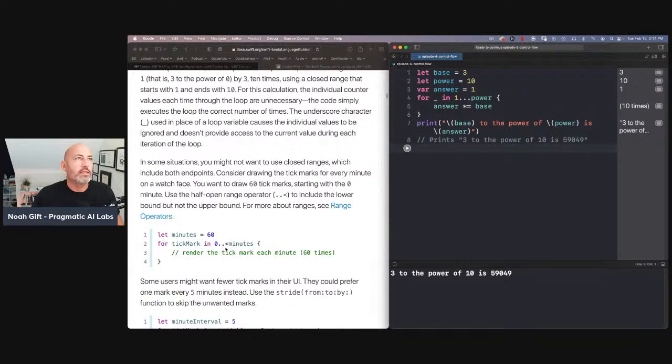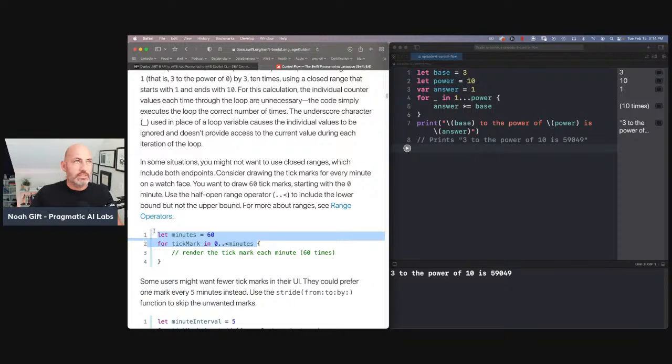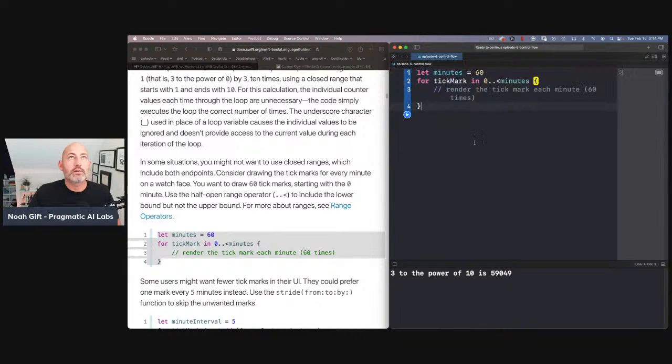And in this case, it says in some situations you may not want to use a closed range. And so maybe you want to draw 60 tick marks starting with 0. And so you can do this. You can say let minutes equal 60. And you say basically do it under. That's kind of an interesting little loop there. So this one will render out